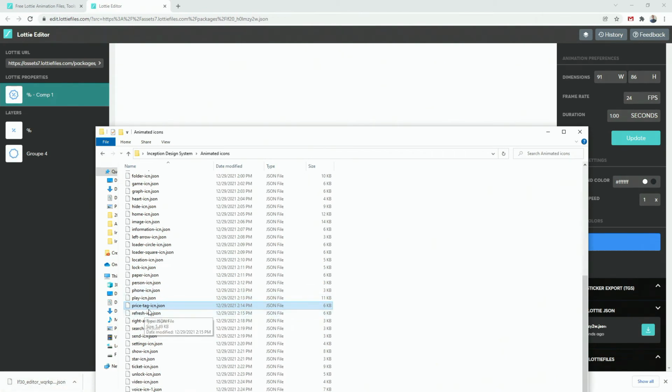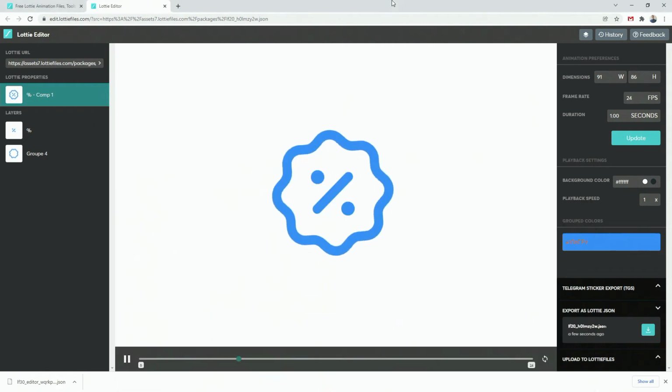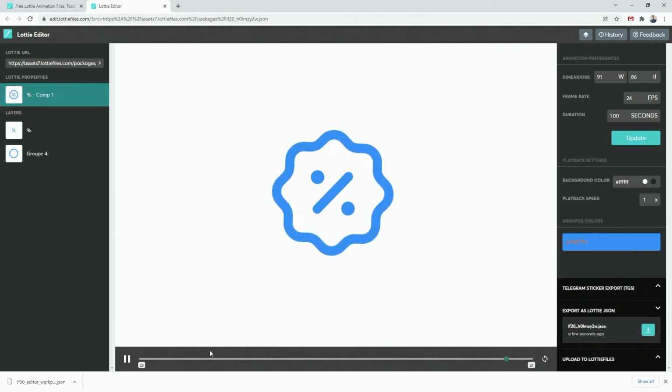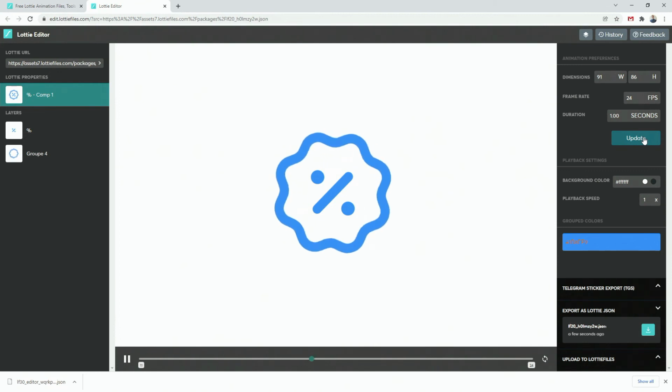So you have to manually rename this, but it's important if you're working with these animated icons with your clients. So once you actually change the color, you can download it, you can change the speed, you can update it, so you can see frame rate right here. You can even change the dimensions if you want to. Make sure to click update, make sure to download right here,